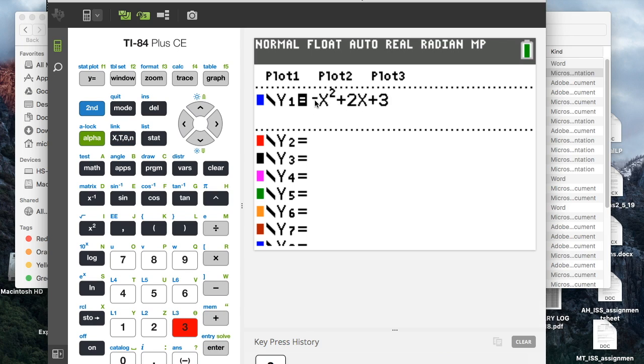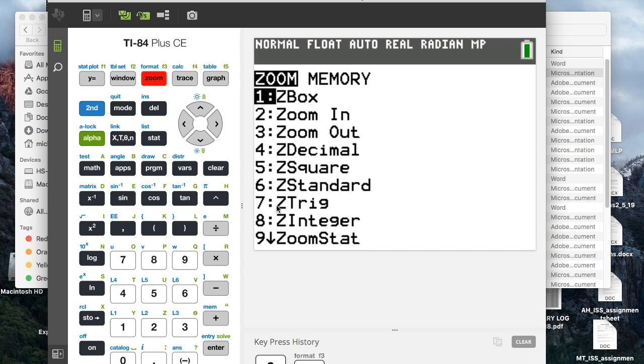Now, a couple things. Make sure when you're plugging in a negative, you're using the negative key. Okay, there is a difference between negative and subtraction. So make sure you're doing that. Make sure you have your exponent, your x's, and just basically that the equation's plugged in correctly. My first suggestion is always to use the Zoom standard. So if you go to the up middle button in the top, hit Zoom. Zoom standard is number 6,